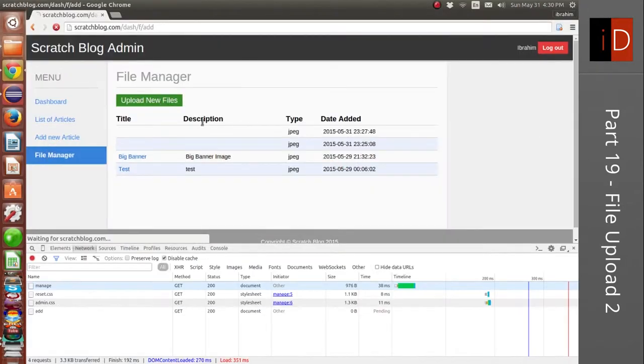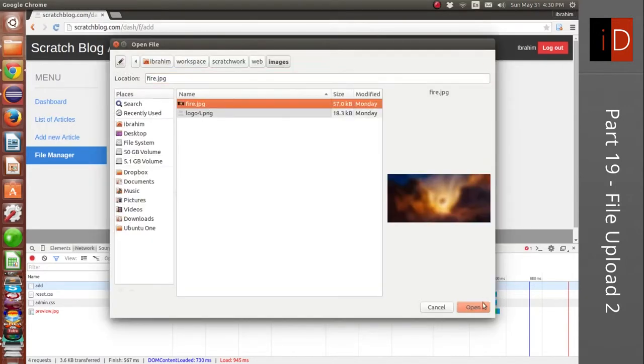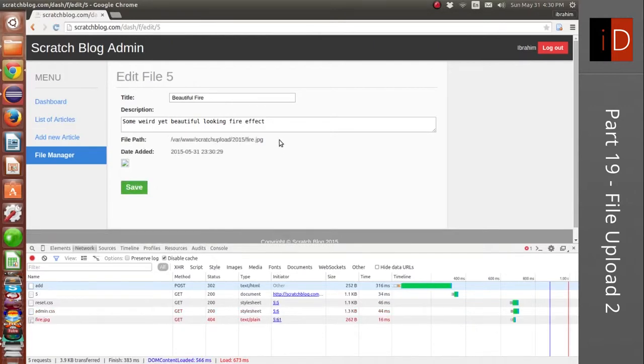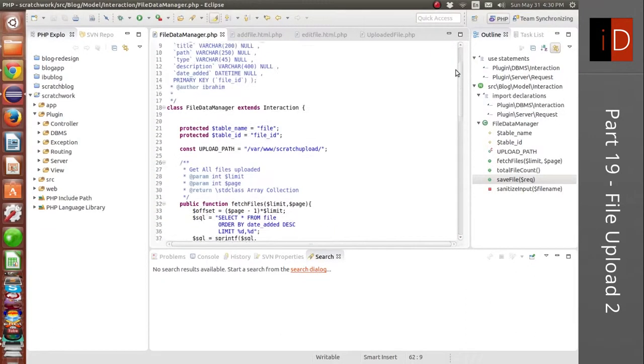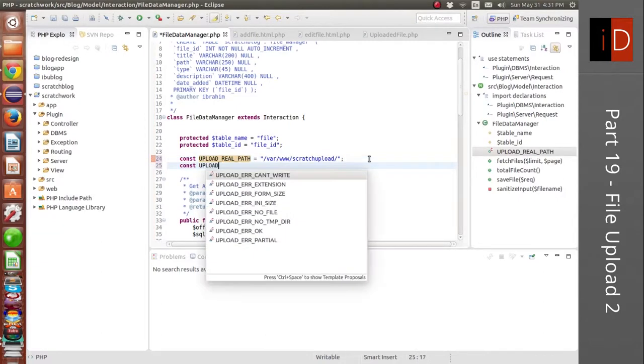And one thing is we don't want to have all our files inside a single folder. We want to make sure we separate them. For example, we could have the year and then the month, but here I'm just going to have the year for now. And of course, this is wrong. The file path is correct as the way it is saved, but outside of this, it needs to be,